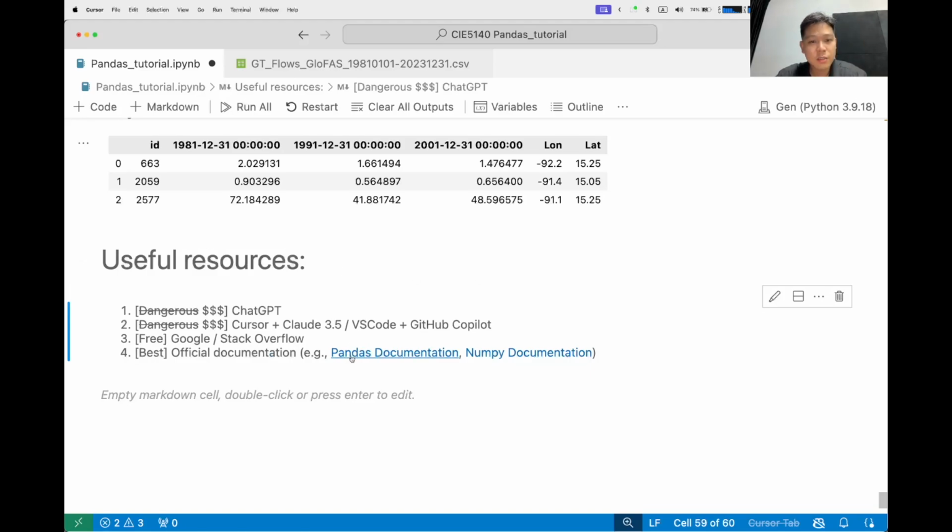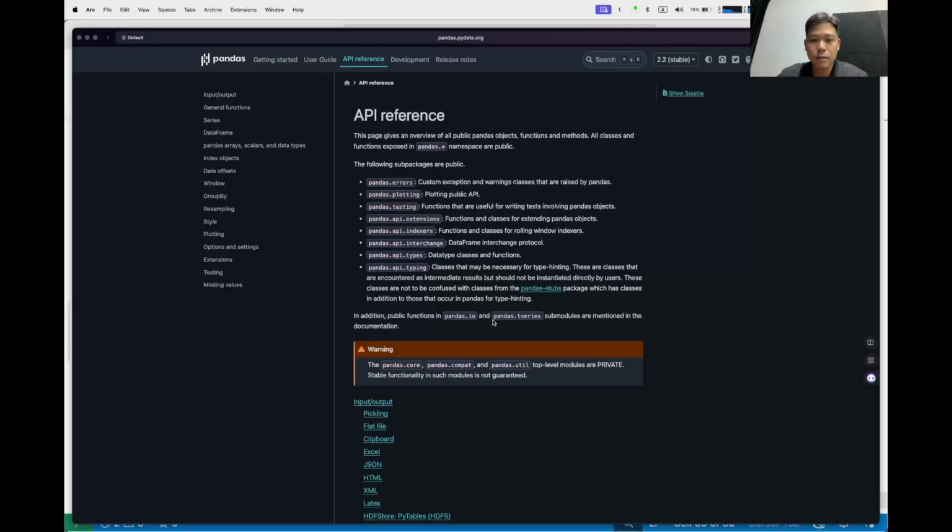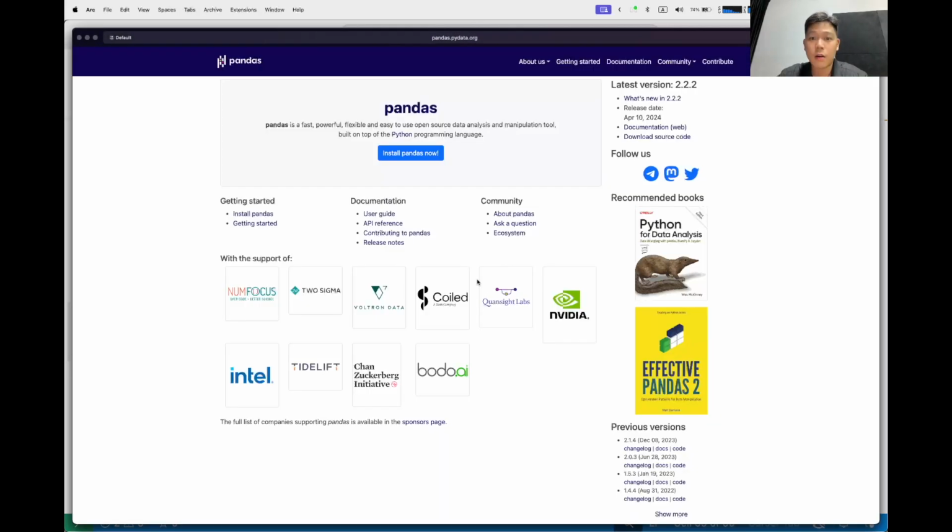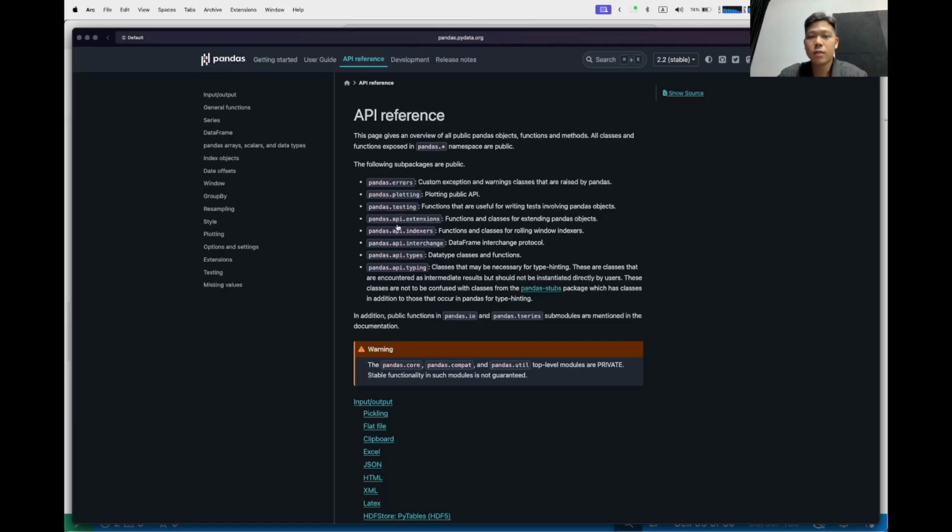If they change the way we use the API, they write it down in their official documentation. So if you have any bugs, first try to Google it, or see the API reference